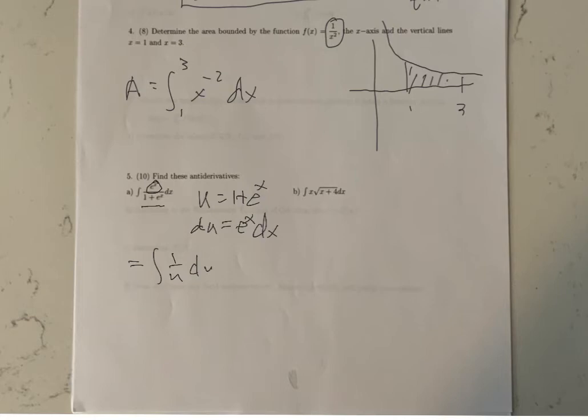Number 5, part B, was maybe the trickiest problem on the class. On the test, there was a homework problem very similar to this. If you hadn't seen it on the homework, I probably would have given you a little bit of a hint because we're going to do substitution, but we have to do a little bit more with it. And there's a lesson to be learned here, which maybe we'll carry over into Calc 2, and that is sometimes we can get more out of a substitution than just the chain rule that we use to come up with the process. So I'm going to let u be the inside part of a composition,